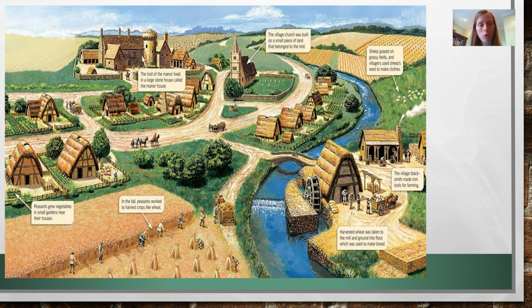So to begin with, I've got quite a detailed image for you here of a medieval village. And if you have a close look at it, you can see that we have a manor house up the back. That is where the lord or the knight or whoever owned the land lived. And we can see that there's a church in the middle there, the Catholic Church being extremely important, influential in the medieval world. All around the village we can see fields that have been sown with crops or perhaps with